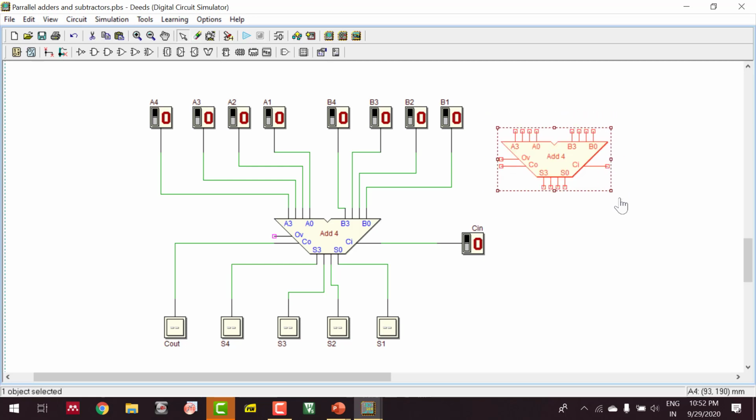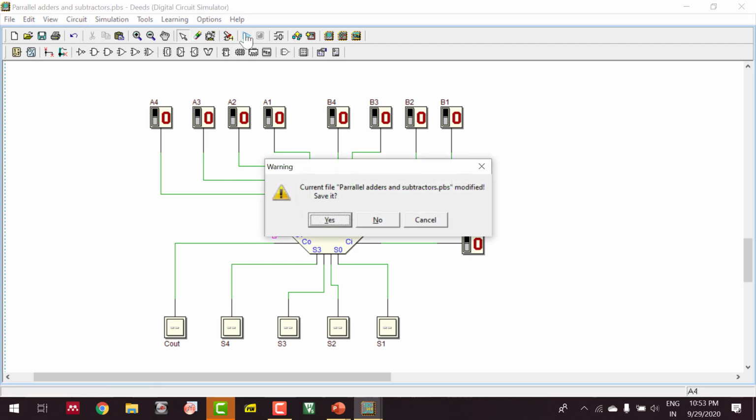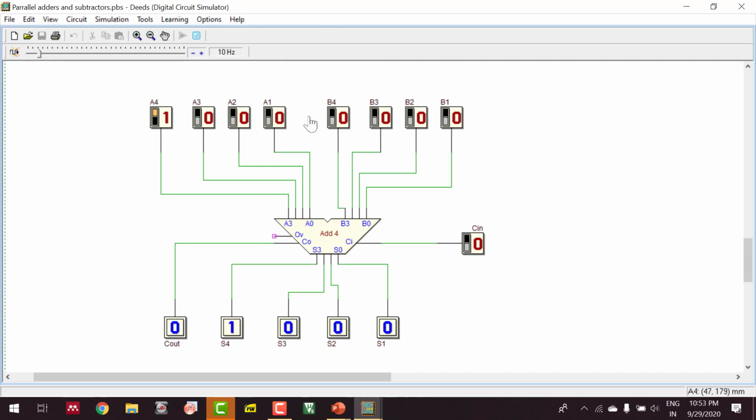You can see here, this is my 4-bit adder block for which I have connected 4 input switches here, and here also 4 input switches, one for A, one for B, and I kept my C in 0, and I provided output display for sum S1 to S4 with C out. Now I'm going to add two 4-bit numbers. Let's make 8 and 8. So you can look here, 1 0 0 0 0, that means 16. Let's make it 8 plus 2, 1 0 1 0, that is 10. So this is how you can perform the 4-bit arithmetic operation using a full adder block which can add 4-bit numbers.